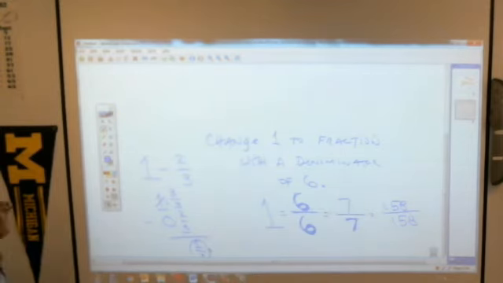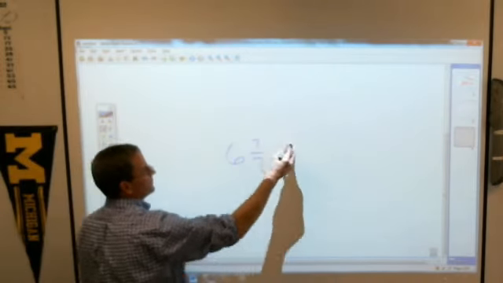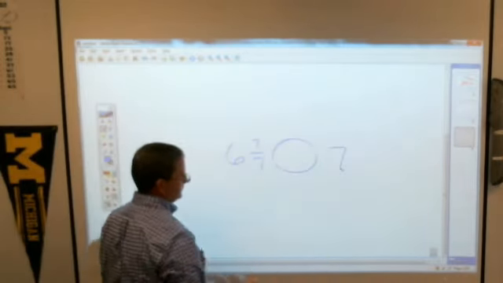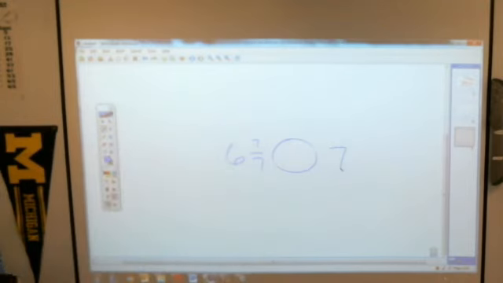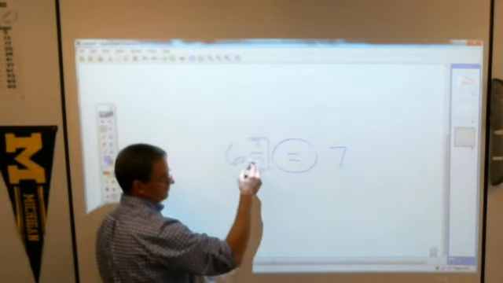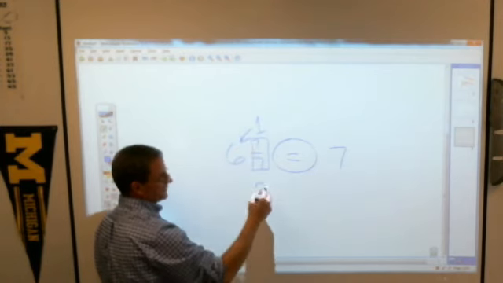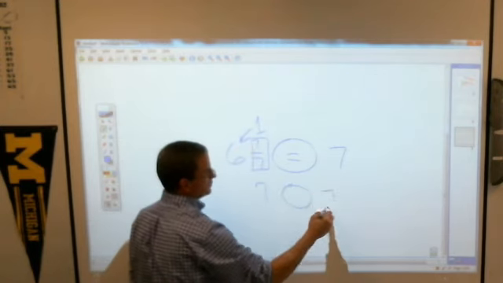They'll also give you problems like this. What if you have 6 and 7 sevenths, and you're comparing that to 7? How does 6 and 7 sevenths compare to 7? Andrew thinks he knows. It's equal. Why? Because 7 sevenths equal 1. 7 sevenths is the same as 1, and when you put that 1 with that 6, it becomes a 7, and since 7 equals 7, we'll put a